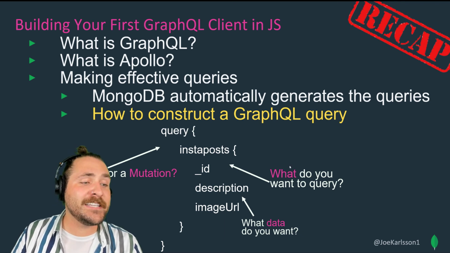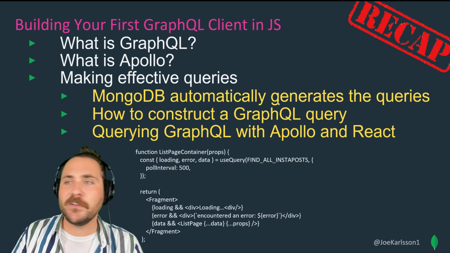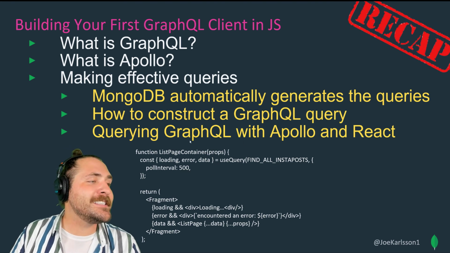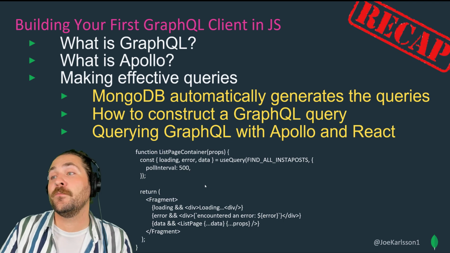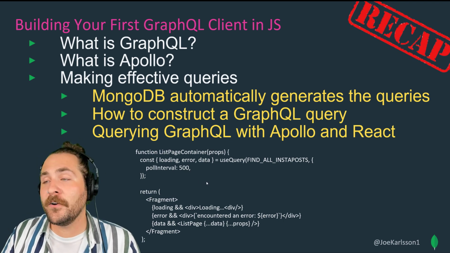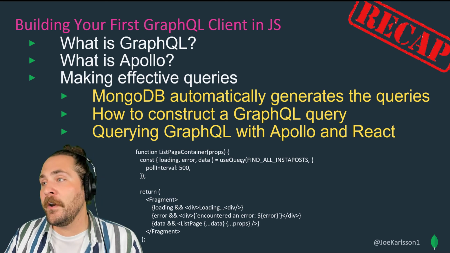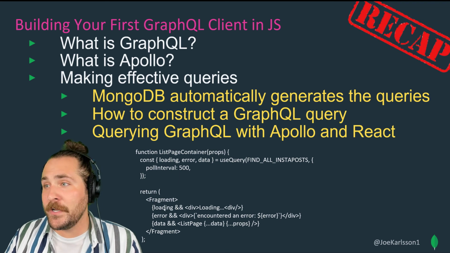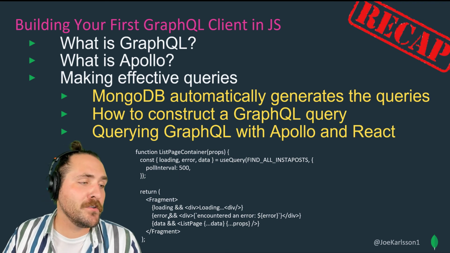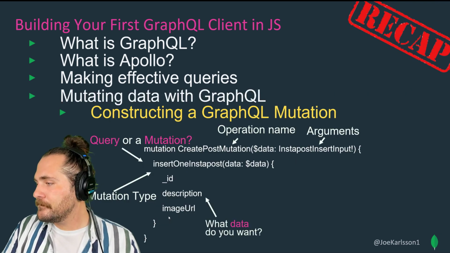You have to say what data you want to query, and then tell it what data you want back from that data type. Oh, all these are yellow. Who knew? And then we discuss how to query with GraphQL and Apollo and React, right? We use the useQuery Apollo provider React hook, and we just pass that query to the useQuery React hook, and it automatically returns data in three different states, which we can conditionally show: either loading, error, or data. Woo!